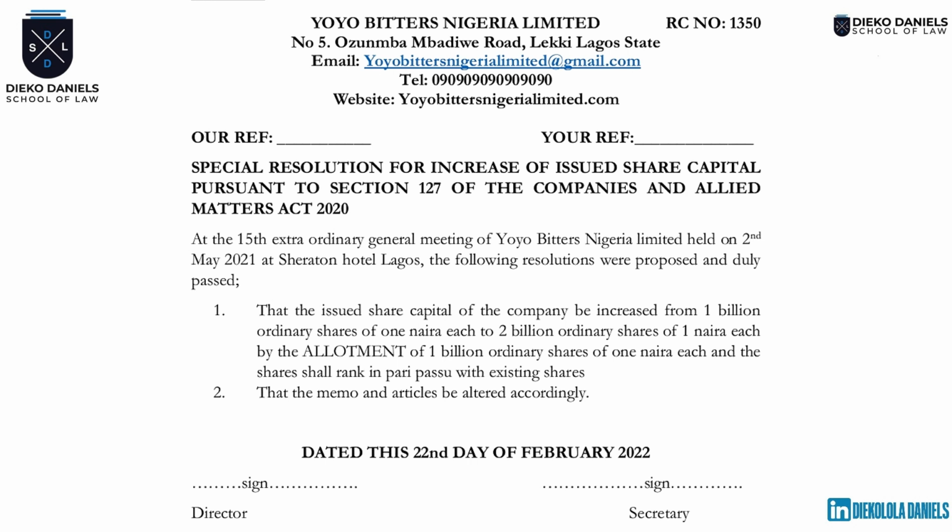When we are talking about company securities, I will teach you what is called allotment of shares, right? So by allotment, that is how we intend to increase it. By allotment of what? By allotment of 1 billion ordinary shares. So we have to look at the exam. What did they say was the ordinary shares of the company before? We have to write it down. What did they say that we want to increase it to? We have to write it down. What is the method of increase, which is generally by allotment? We have to write it down.